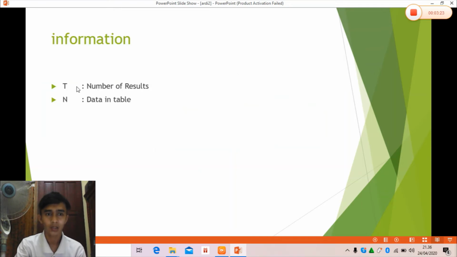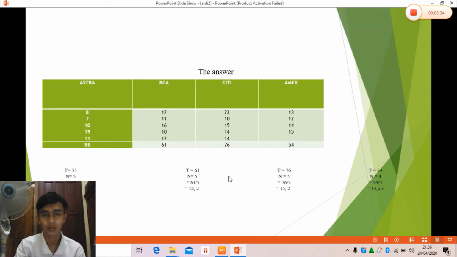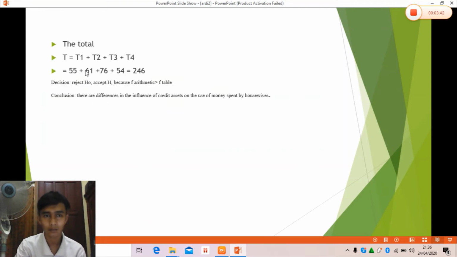Next, T is the number of results and data in the table. This is next, the total T